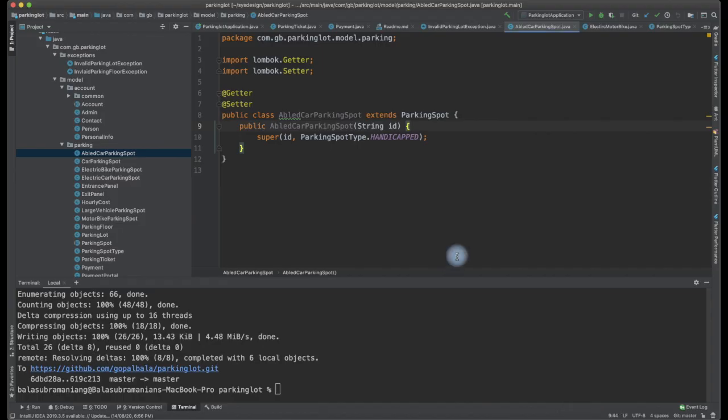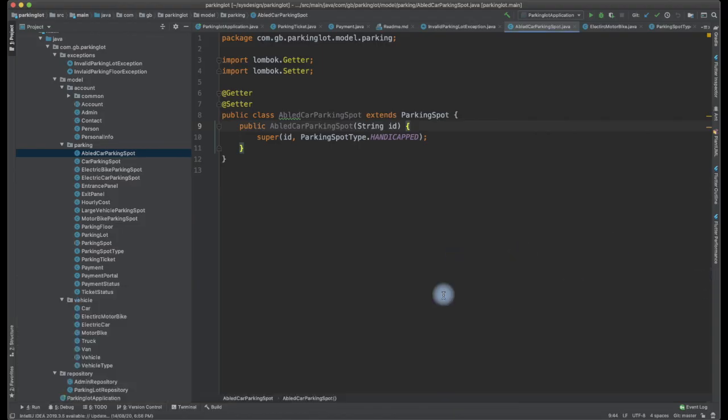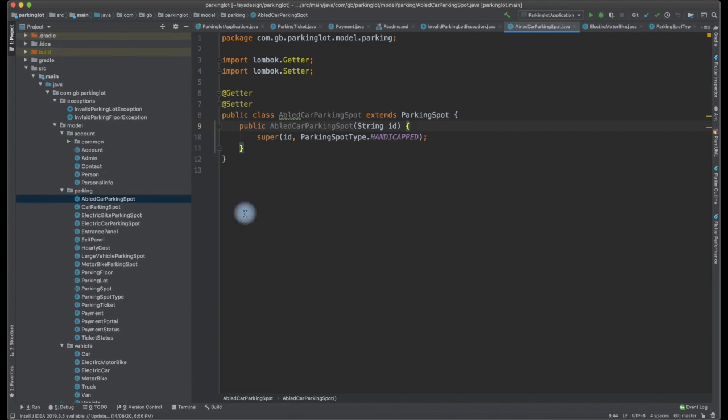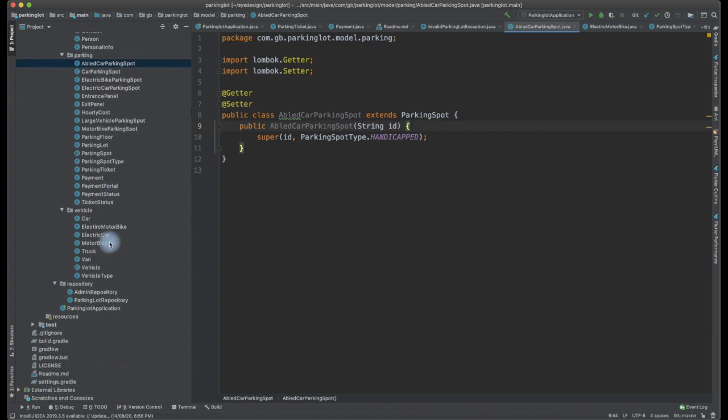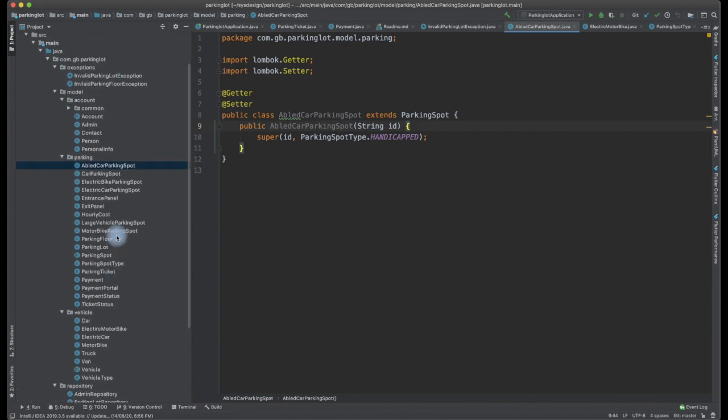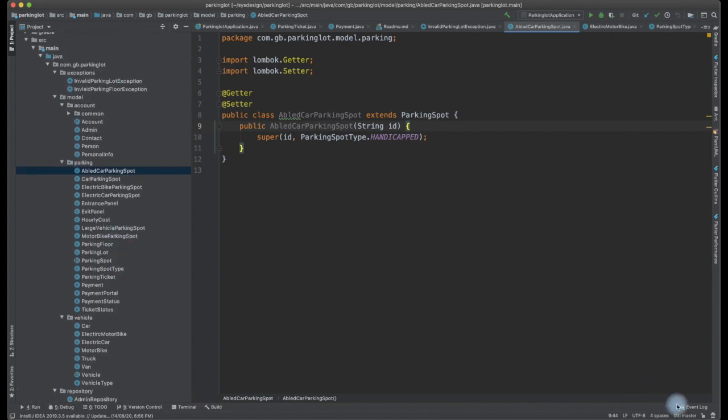With that being said, let us directly jump into our code and look into the data models first, and then we will walk through the flow, and finally we will be running the test cases. I have categorized this code into three models. One is the common, which is going to cut across all the other flows. One common account model, which is going to deal with the account related things, like users and admin. Those all will come under account. There are models which are grouped under parking, which are related to the parking lots, and the other group is around vehicle. These are the three categories which I have grouped up with.